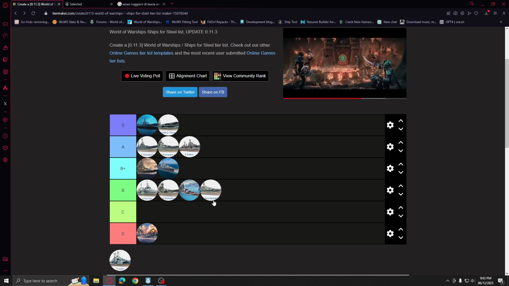Even Manfred von Richthofen, the tier 10 German Tech 3 carrier, can actually citadel him if he broadsides. The AP pen is enough of the AP rockets that it can citadel Incomparable with that. Oh my goodness. I mean, this is something that I didn't believe, but that actually happened. And that's why Incomparable